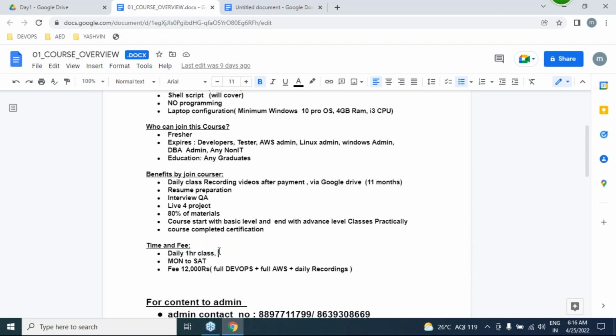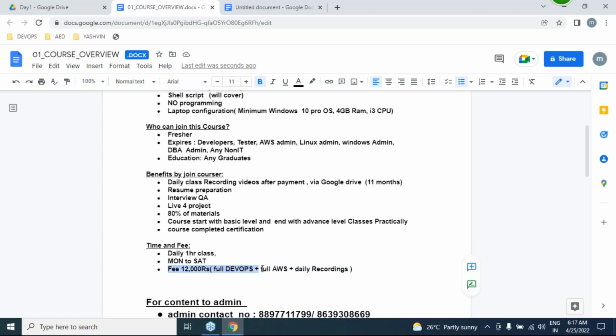The class is from 6 a.m. to 7 a.m., Monday to Saturday. You are going to pay 12,000 rupees for complete DevOps, complete AWS, and daily recordings.